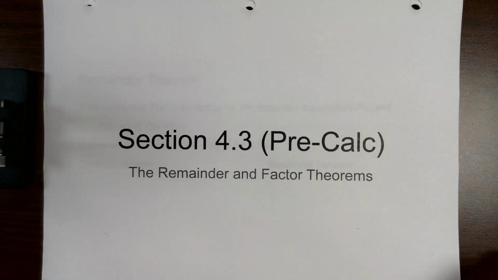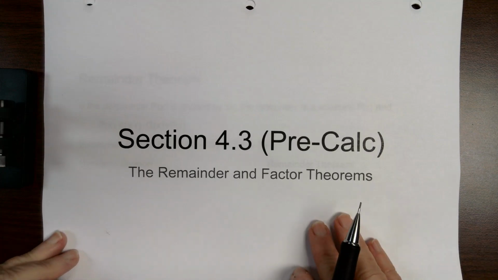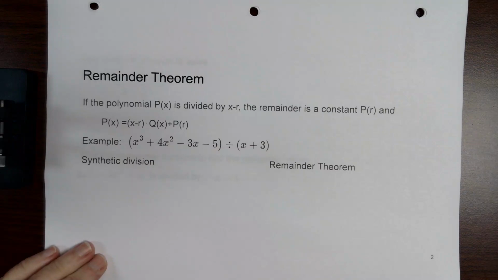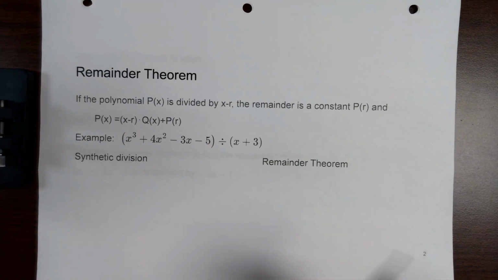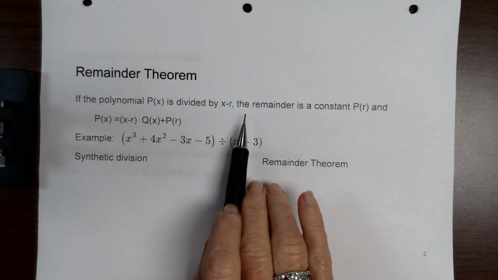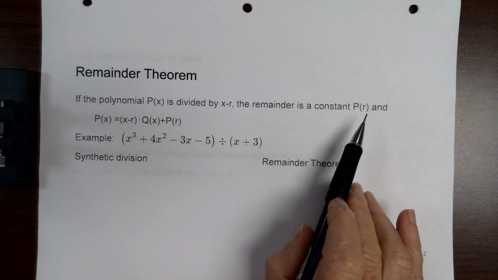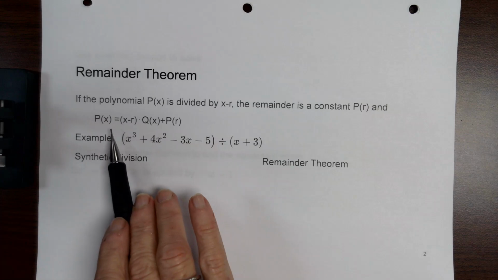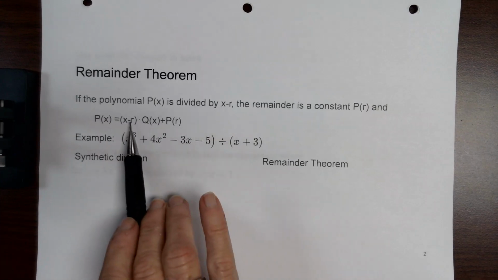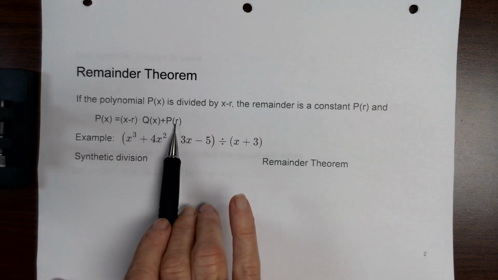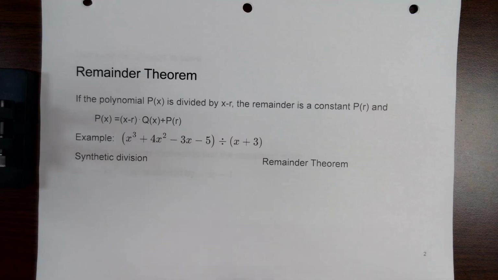All right, section 4.3 has to do with the remainder and factor theorems of a polynomial. The remainder theorem basically says that if a polynomial is divided by x minus r, the remainder is a constant, p of r, and that the polynomial can be derived as the divisor times the quotient, plus the remainder. So I know that's a lot of words, so let me show you what that means